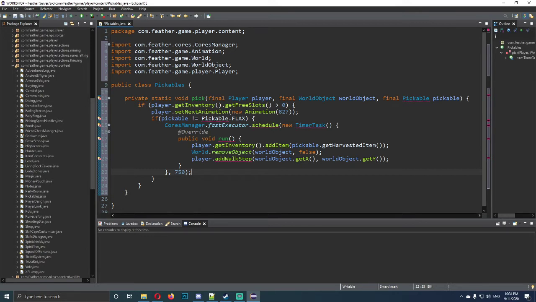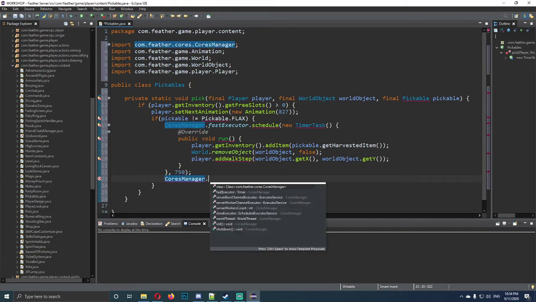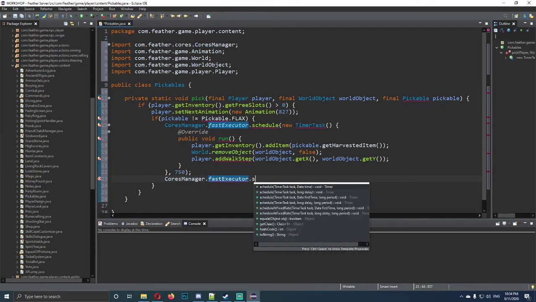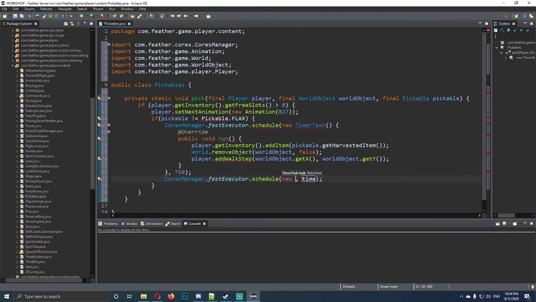We're going to do one of those closing brackets with a semicolon. We're going to have errors at the moment, but that's until all this is fixed. So the next line is CoresManager.fastExecutor.schedule, and we want to go new TimerTask. On this one, which is open and close, get rid of these two, open that again. Now that we've done that, we want to do @Override